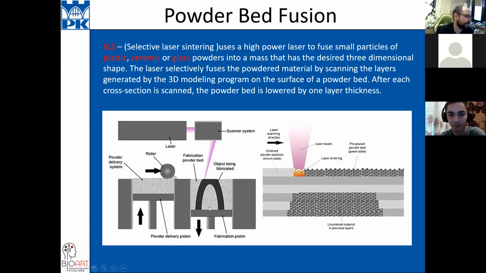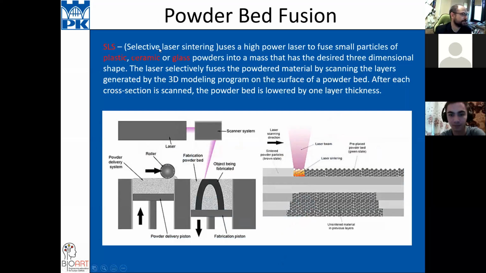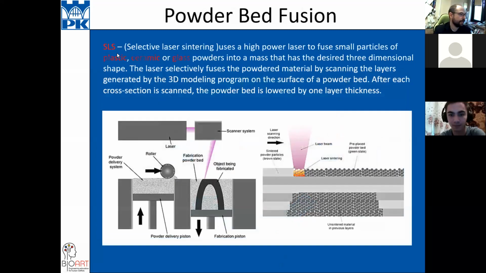You put some powder in the first chamber. You connect the particles by the laser, and you have two techniques, SLS and SLM. Sorry, SLS is selective laser sintering, and SLM is selective laser melting.